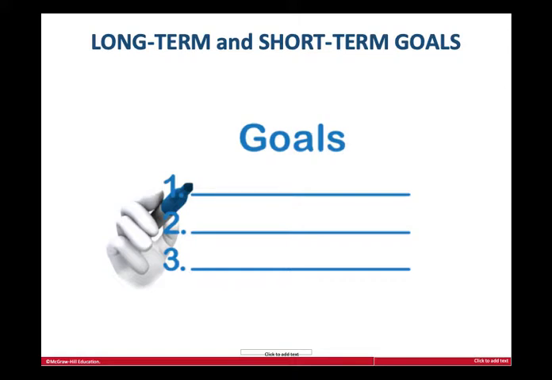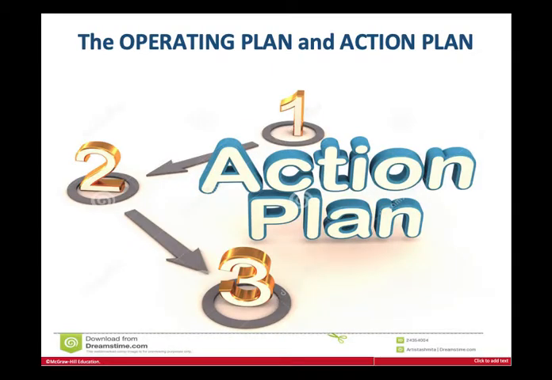We will learn later in lecture that goals should be SMART, in that they should be specific, measurable, attainable, results-oriented, and with target dates. Whether it be a long-term or a short-term goal, it should be broken down into smaller pieces, such as an operating plan and then an action plan, so that there is alignment between the strategy that was created at the top, with the actions of the middle and frontline managers to help carry out that strategic plan.